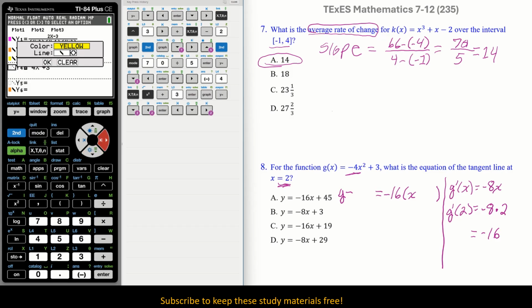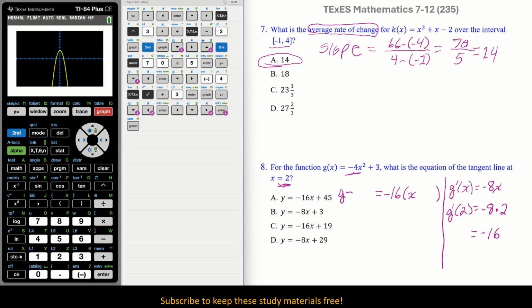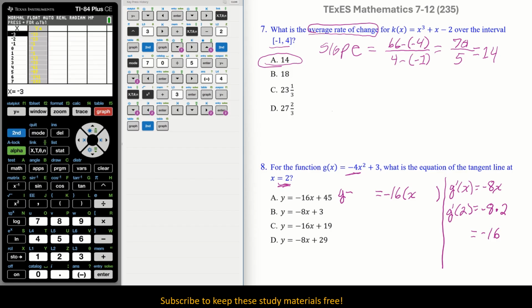This is an even thicker line. I'm going to go with that one. And then enter to your okay, enter again. Now let's graph and see what happens. There we go. That's nice and bright. However, that's all well and good, but we need the table. So second graph to get our table, and